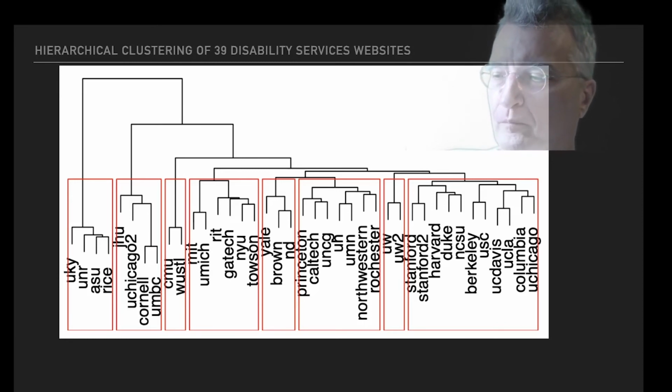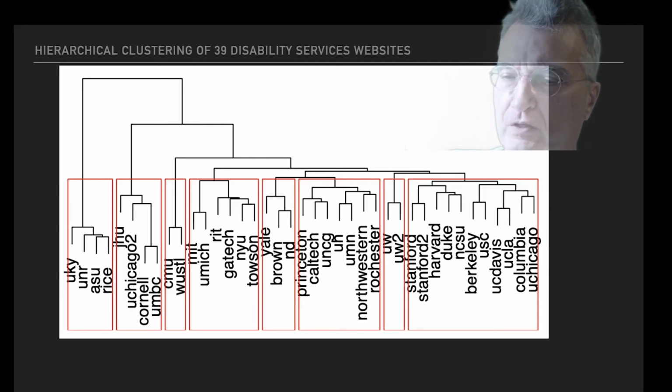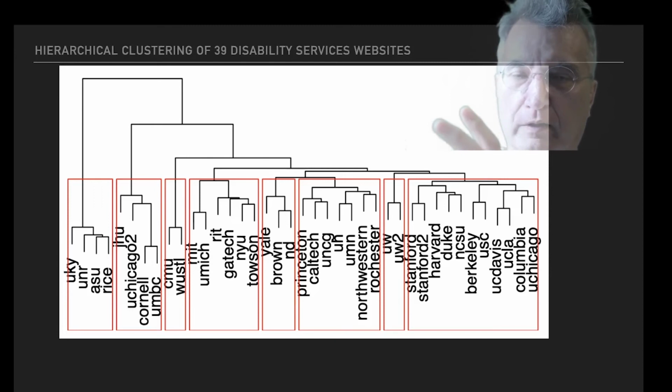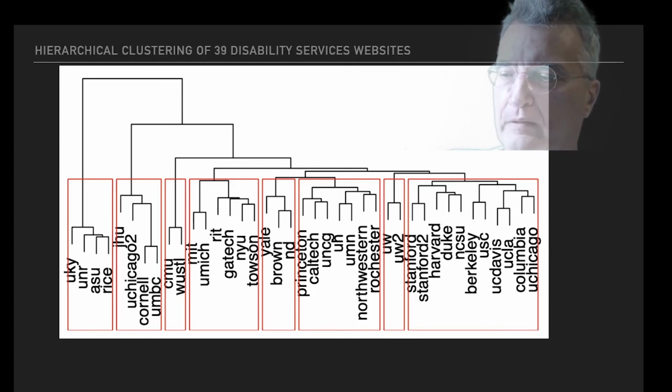So this hierarchical clustering process starts by putting every single website in its own cluster, and then it gradually adds more of them together until they're all in one big cluster that contains everything. And this dendrogram, this picture is called a dendrogram, is a depiction of that process. And so you read it from the bottom to the top. So the bottom, the beginning of this process, is where Cornell and UMBC come together. You can see that the two little lines that extend to them are lower on the diagram than any other